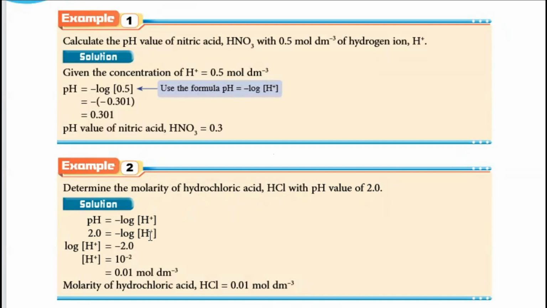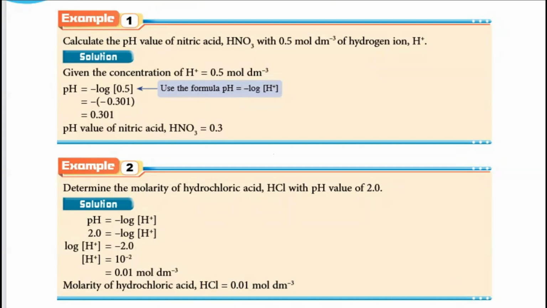concentration. So you just fit in the value respectively, and then you bring in log of concentration of hydrogen ion is equivalent to -2. You switch it. When you want to calculate the log concentration of hydrogen ion, the log you bring forward here is going to turn out to be 10 power of -2. So log is 10 power of, so you bring it over here 10, and then this -2 will be power of. Press your calculator, or you can know that when the standard formula 10 power of -2 is the value is equivalent to 0.01, and because the parameter given here is molarity, make sure the unit you use is mole